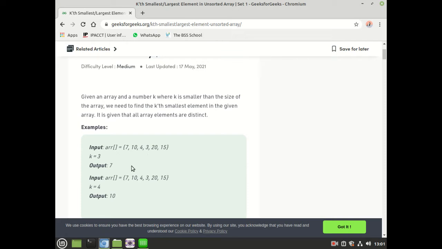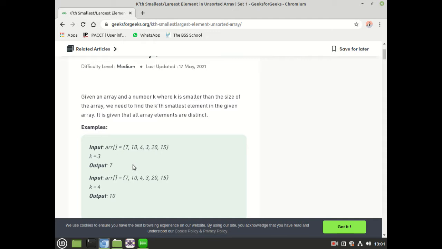So if you are given the value of k as 3, from this array your output will be 10, because 10 is the third largest element in the array.